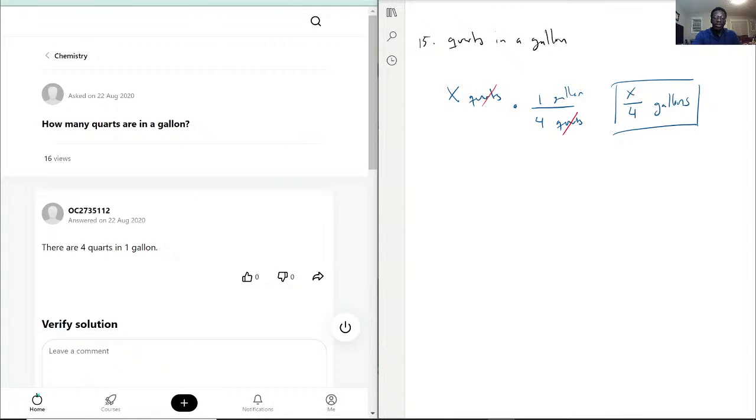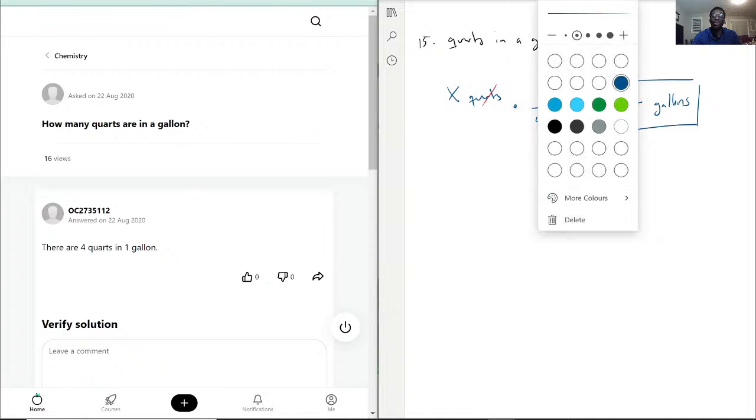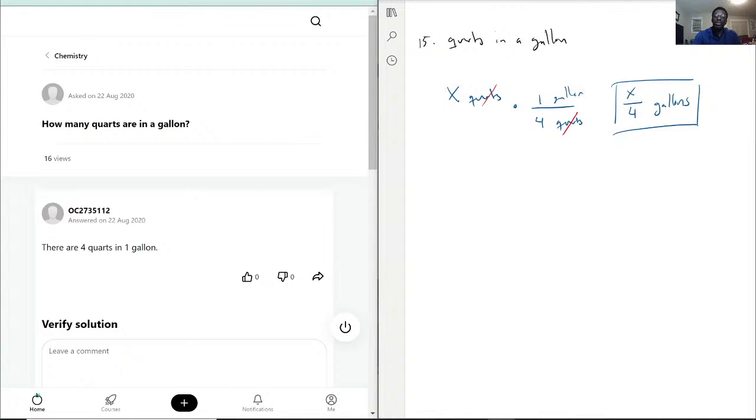Whoops, I definitely solved this wrong. Well, I solved this backwards. So what I solved was that if you're given like 20 quarts, you have 5 gallons because we have x over 4. But for quarts in a gallon, we're actually starting out with gallon, okay, because it's saying quarts in a gallon. So you have